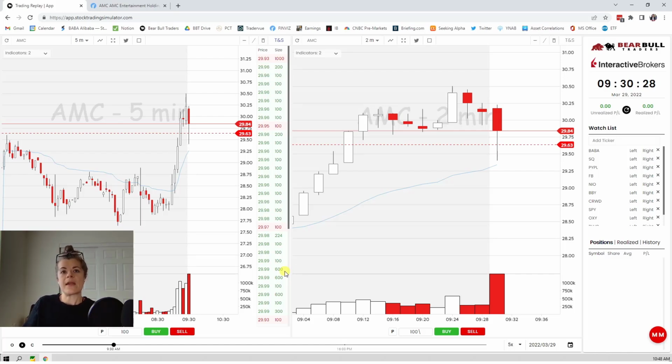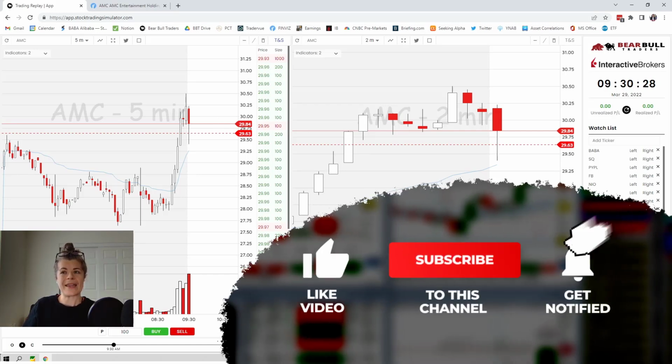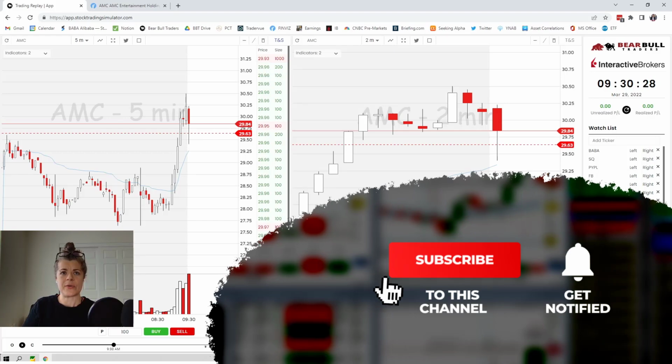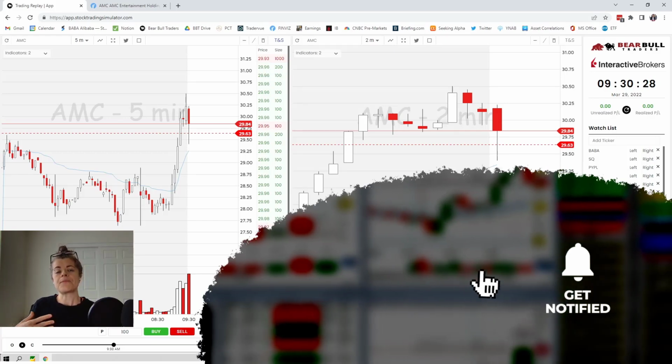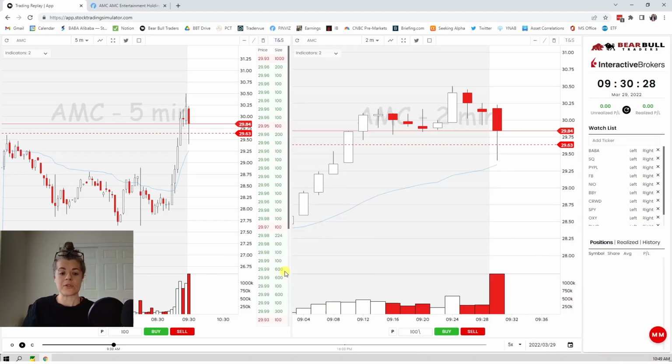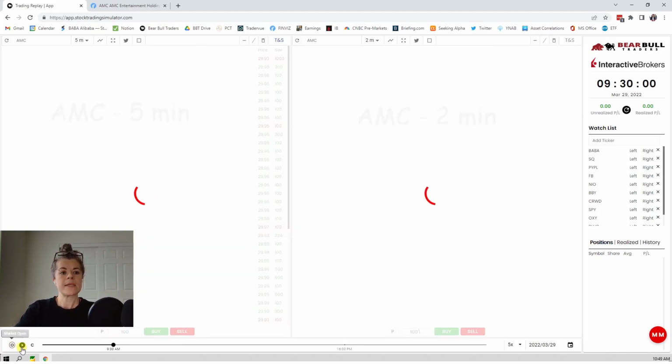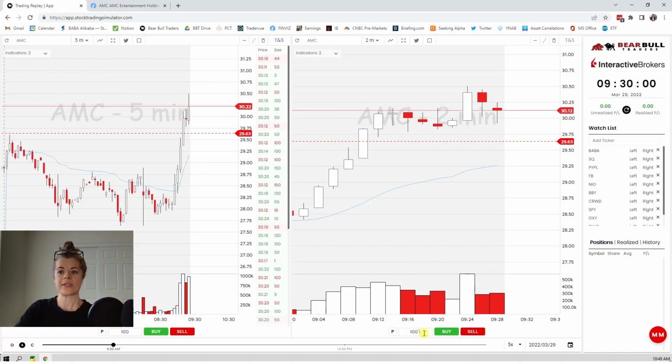The 10% of this, you could double it and do 60 cents instead of 30, just to give yourself even more room. I think Jared was mentioning he was doing $1, maybe even on this. So you definitely want to play what feels right for you and what works for your risk tolerance. If you play the 10% ATR and you get stopped out, you can always wait for it to set up again above the level and get back in, or below the level and play the short, right? So I'm just going to back this up again and play it like I would play it. Since we can't set limit orders on here, I'm just going to play it manually from the start.